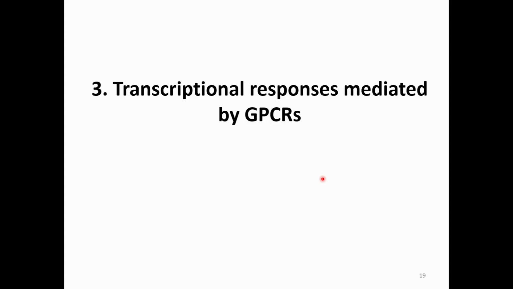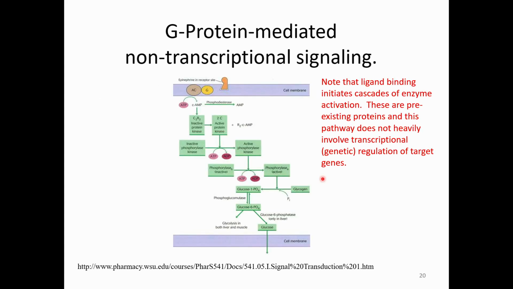Now let's look at GPCRs, G protein coupled receptors. Let's look at an example there. So here is epinephrine, and it's not really showing the GPCR, it's just kind of indicating that you have a G protein. It must be a Gs because it's stimulating adenylate cyclase to make cyclic AMP, and then that is